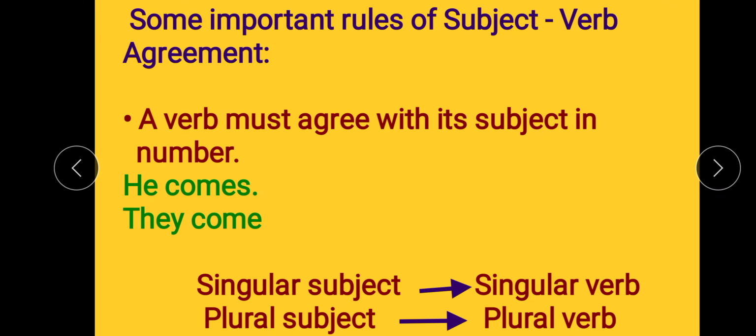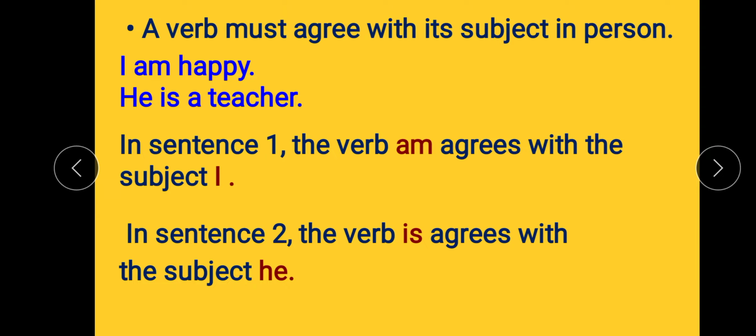It's very easy, right? Next rule, a verb must agree with its subject in person. Okay, first person, second person, third person. I think you all know this. First person singular I, plural we. Second person singular and plural both you. Third person singular he, she, it, or any single name. Third person plural they. Okay,